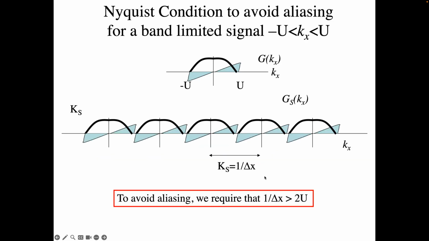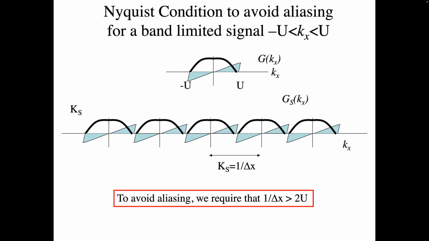So that's the math of aliasing. And so what it tells you is if you want to avoid having a value here be the original continuous value plus these replicants, then you have to have the 1 over delta x, this separation between these two replicants. You have to have that separation greater than twice the bandwidth of the function,